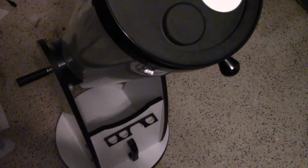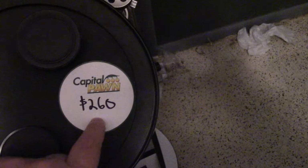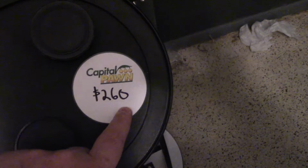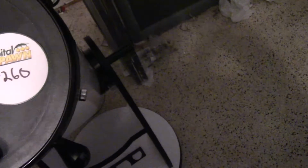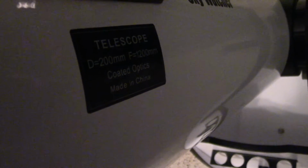So here is the 8-inch Dob telescope. As you can see there, it's got the Capital Pawn sticker still on it with a $260 price tag that they wanted for this thing used, and it's still in really good condition. It looks like the owner of this telescope barely used it. So there's the 200mm diameter, and the focal length